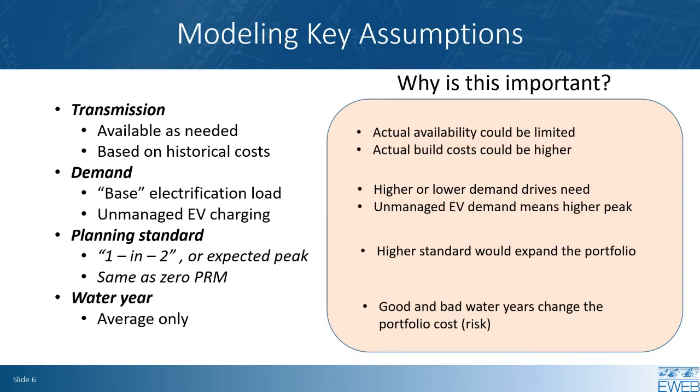The extra capacity cushion that we're talking about is usually expressed as a percentage of peak capacity, for instance, 15%. That would mean that inside our portfolio there is going to be 15% of capacity that we're holding back in reserve. And that's why it's called a margin. That's the PRM, planning reserve margin. So think of that as extra capacity. And so if we do build to a higher than 1 in 2 standard, we're going to be expanding that portfolio.